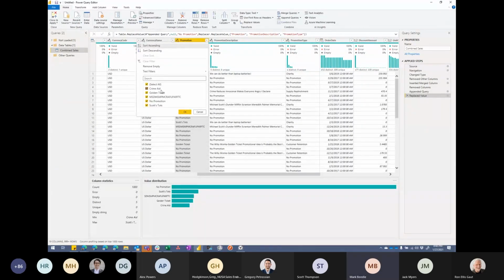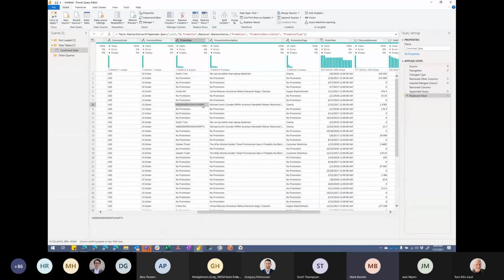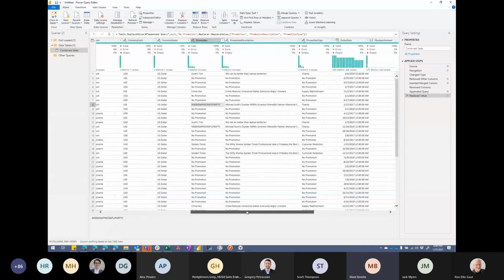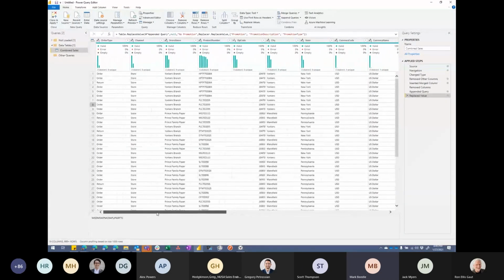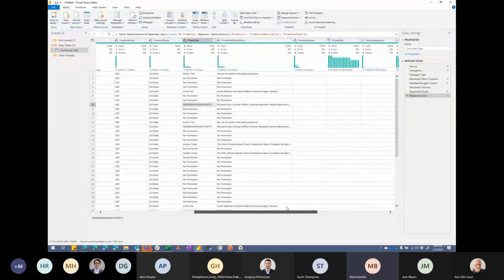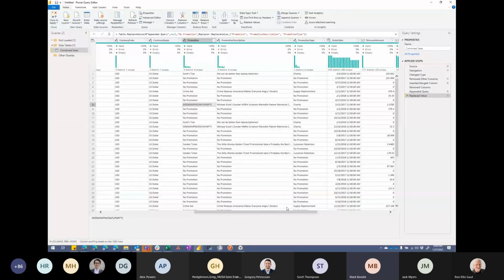All right, I see no more nulls here. I like that a lot better. So I could close and apply. I've at least combined them into one table. Still doesn't look much like a star, and I don't have all those fancy surrogate keys and lookup tables, but I could at least do some analysis on this. But I want to take it a step further. I want to do what the best practice documentation tells me to do and build out a star schema.